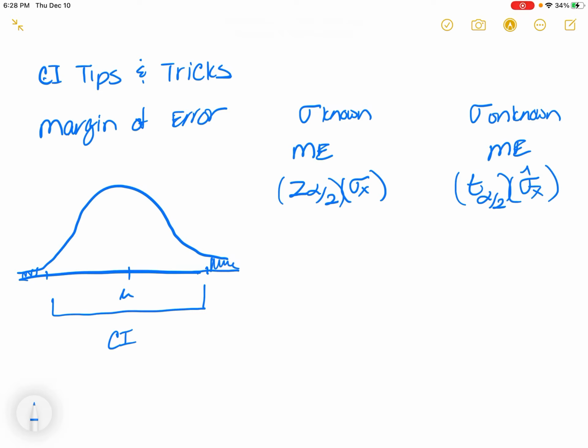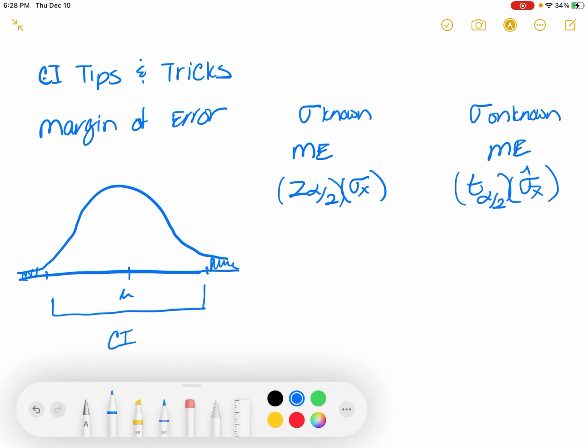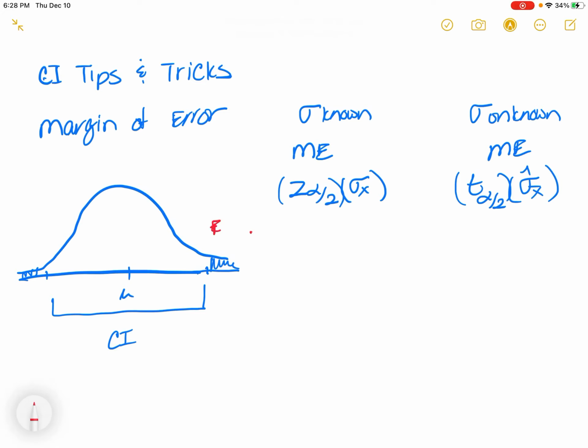All right, and so other things that will help you with being able to calculate margin of error is that in Excel, I'm going to change my pen. So if I said with Excel, which I do is right here, when sigma is known, you will write dot norm, right? And then in parentheses, you have your level of significance, your sigma, and your n, and that will give you your margin of error,